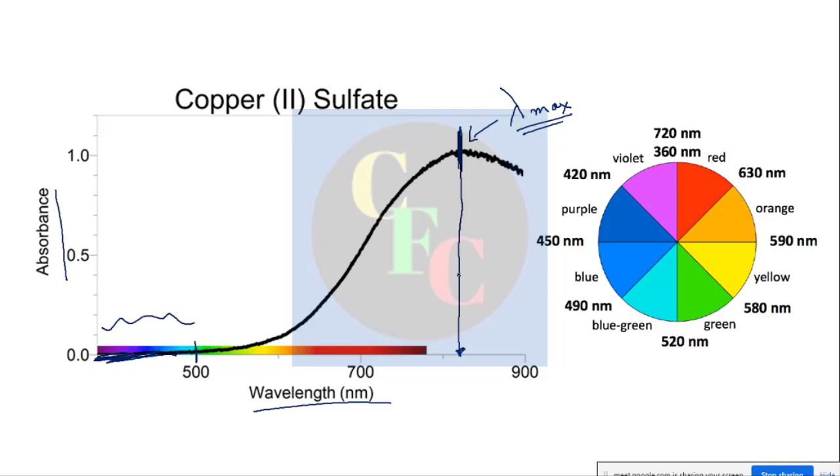Now this color will not depend only on lambda max, it will depend on the whole absorption. See, it is being absorbed up to 800 as shown, starting from nearly 500 or 550, up to the red. So it is actually absorbing from all this region. So what is it emitting out? It is emitting out all these rays, and the pale blue color is actually the combination of all these.